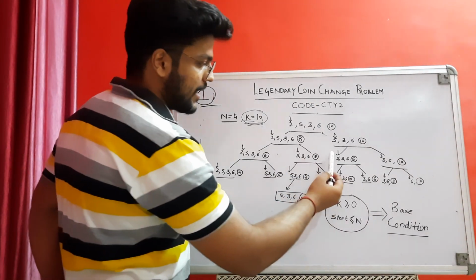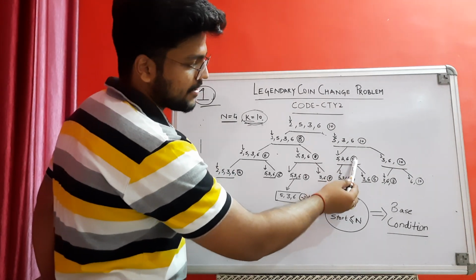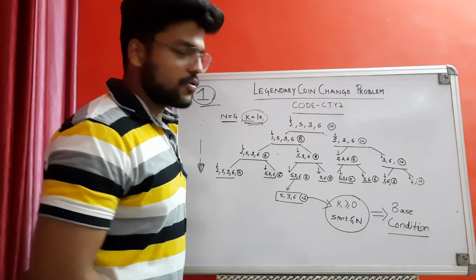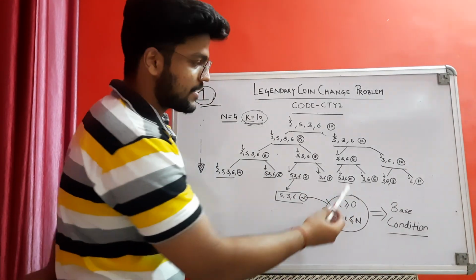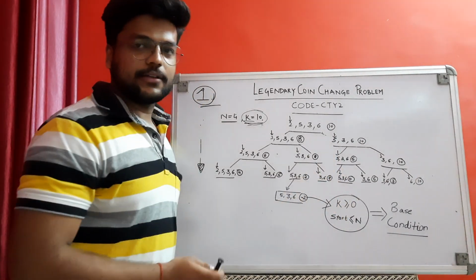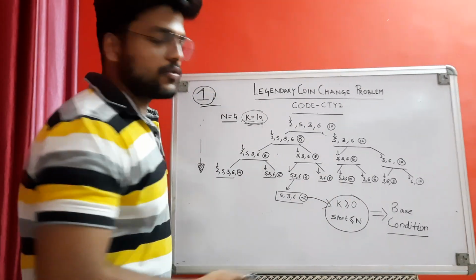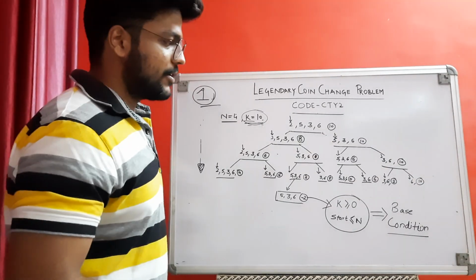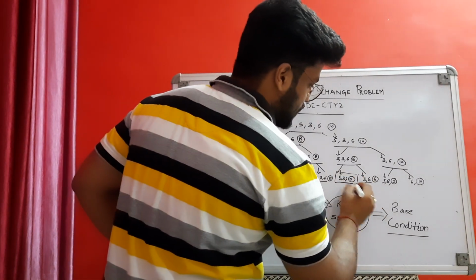Okay, if we watch this, 5 3 6 5. So I have to make the sum equal to 5, and I can use denominations 5, 3 and 6. If I use 5, then the sum we have to make is 5 minus 5 equals 0. So when I come here, I have used some denominations, and now my sum is equal to 0. It means I don't have to take any other coin to make the sum k equal to 0, because for 0 I don't want to take anything. So this is our required solution. This is our one way.